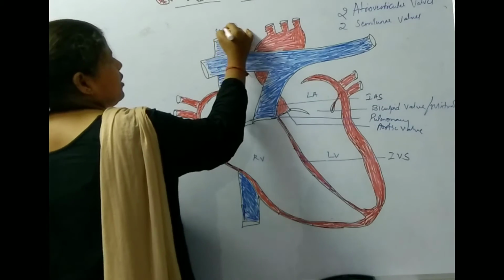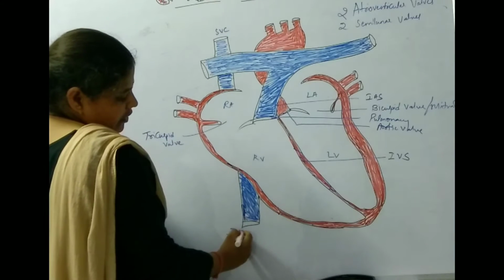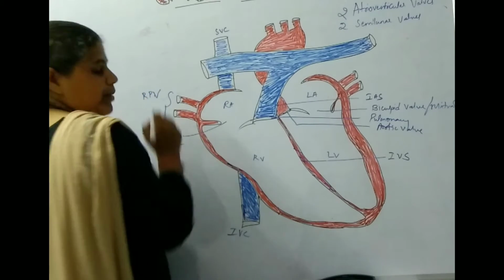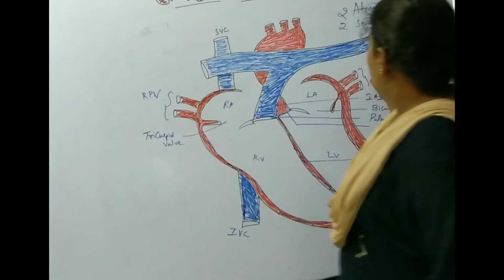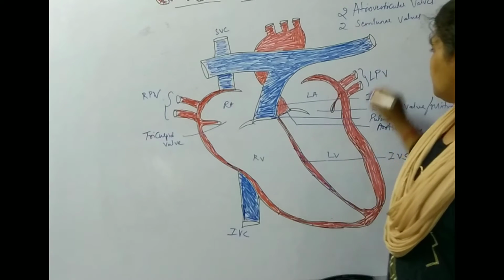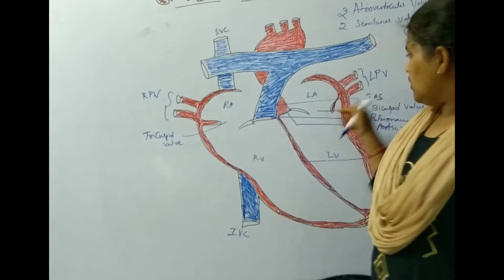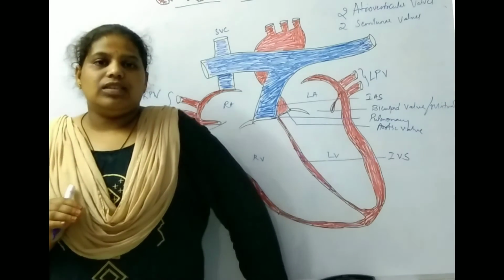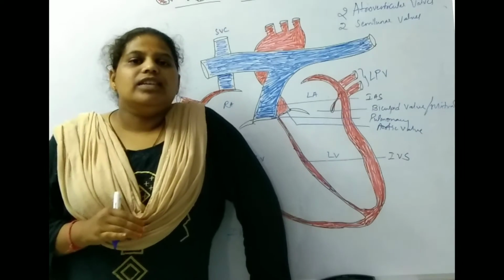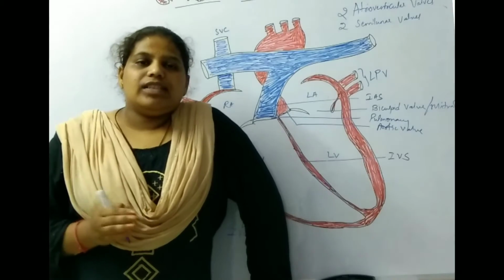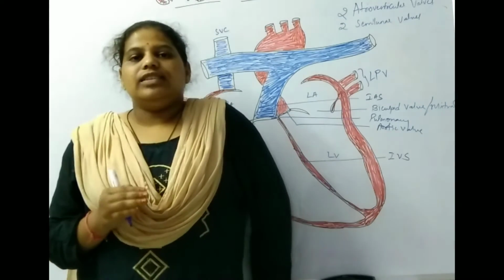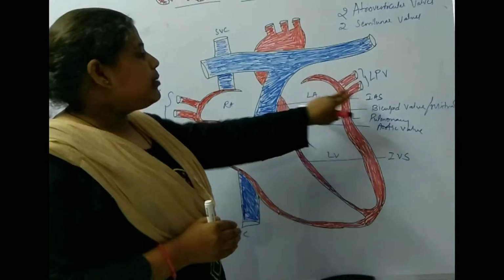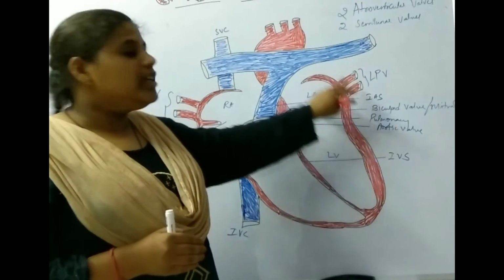Here we have the superior vena cava and inferior vena cava. These are the right pulmonary vein and left pulmonary vein. So the pulmonary veins carry the oxygenated blood into the heart. Normally in our body, arteries carry the oxygenated blood and the deoxygenated blood is carried by the veins. But in the heart we have an exception, where the pulmonary veins are carrying the oxygenated blood, and this is